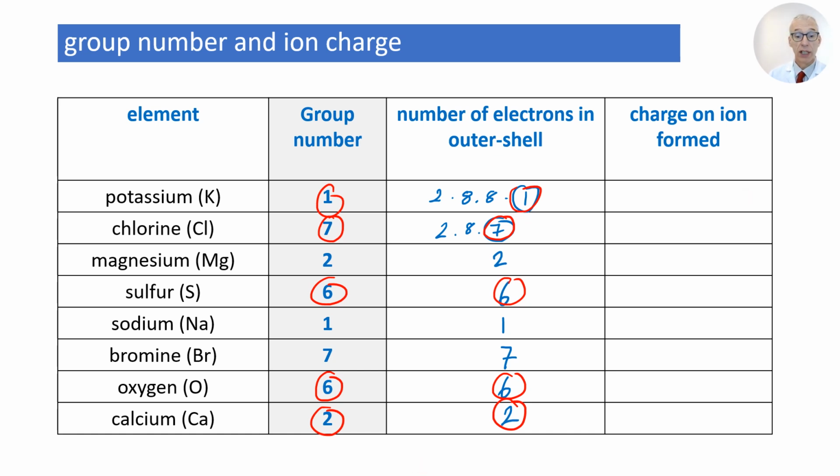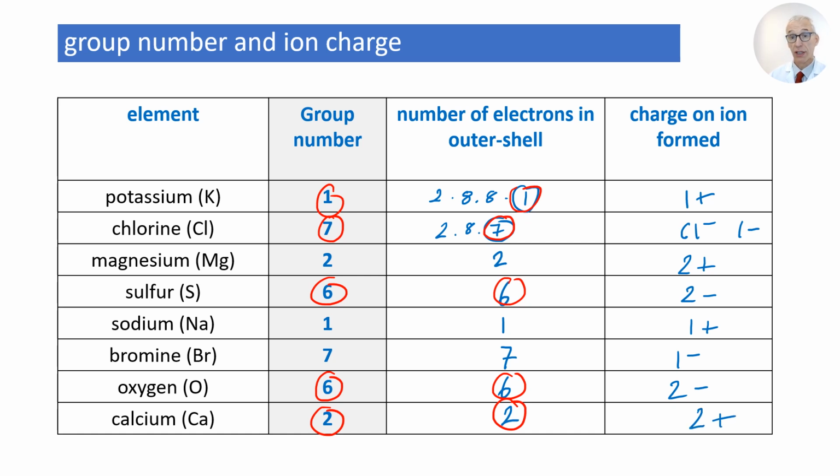Okay, so I'm going to write in what I think the ion charges are. 1 plus for potassium. Chlorine, of course, 1 minus. Magnesium, 2 plus. Sulfur, 2 minus. Sodium, 1 plus. Bromine, 1 minus. Oxygen, 2 minus. And calcium,